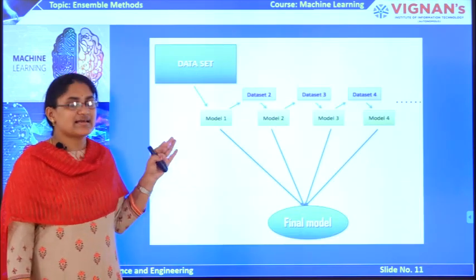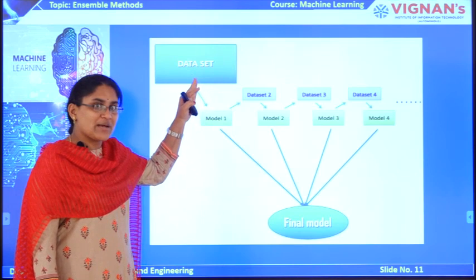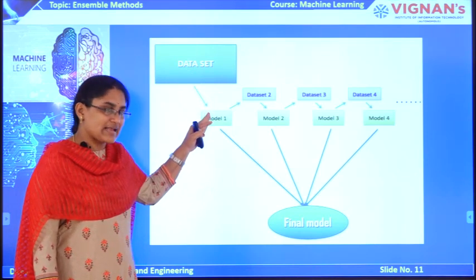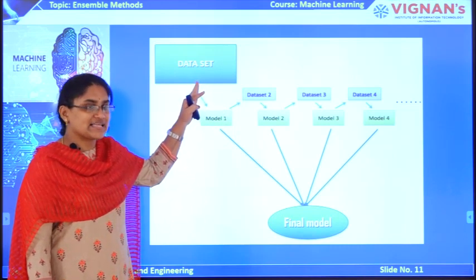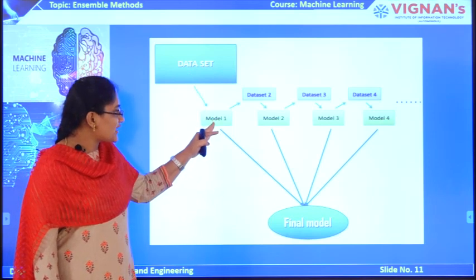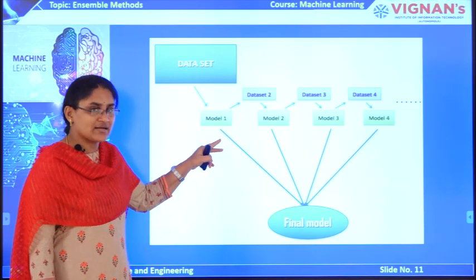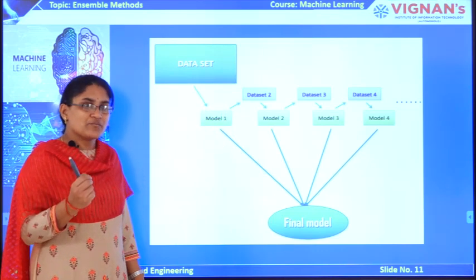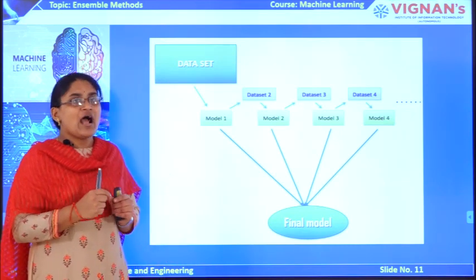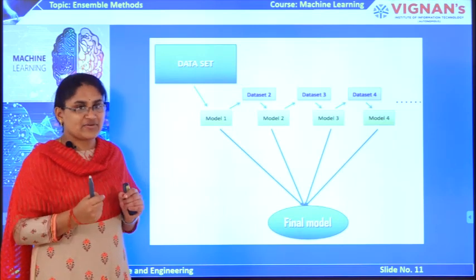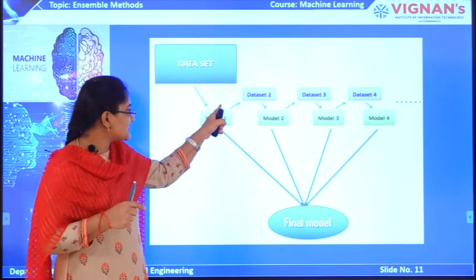Now with the diagram we will get it clearly. This is our considered data set. In the very first step, before applying the first base learner or base classifier on the data set, we have to assign equal weights to all the data points, and then we apply model 1. If we find any misclassified observations in model 1, then we give more weights to those misclassified data points. After assigning the higher weights to those misclassified data points, we give the output of this model